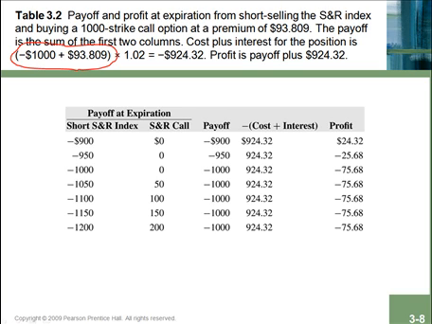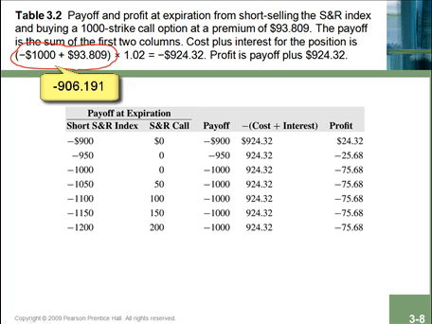Specifically, it's negative 906.191. Okay. Now, what does that mean, saying that the cost of the initial position is negative? Well, it simply means that you receive a cash inflow when you initially set the position up. And then, of course, you can invest that cash inflow at the risk-free rate, multiplying that number by 1.02, since